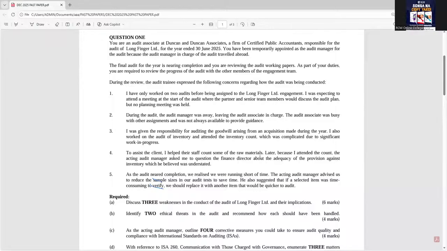So this audit associate or maybe audit trainee who took part in this inventory check might find himself in a compromising situation where he might advocate for the position of the client as to what was actually reported as the inventory. So the self-review will go hand in hand with advocacy, because he has to advocate that the inventory check is correct. He took part in it, and therefore any questions raised. Even this finance director can take advantage of that to inform him, you have to take note, you are part and parcel of this inventory check.